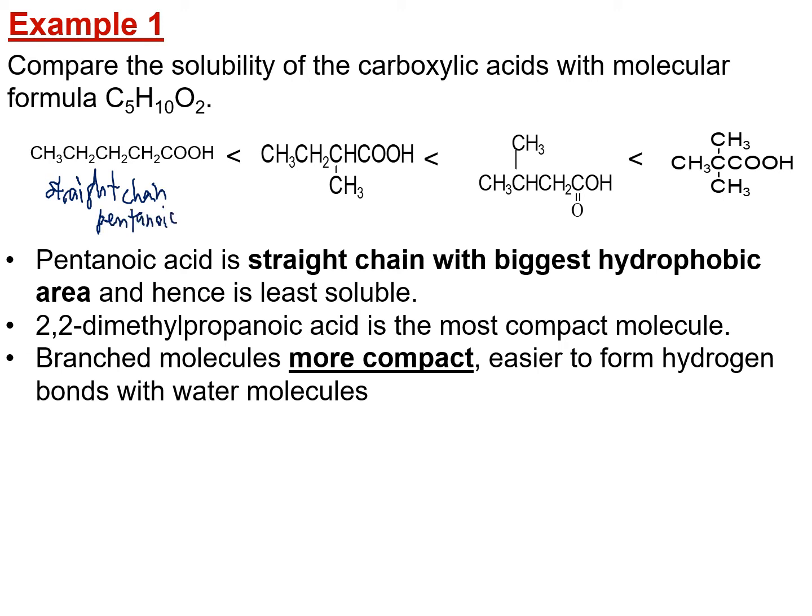Okay. Lepas tu look at the arrow. Dia punya mathematical expression ni. Straight chain pentanoic acid ni dia lagi kecil dia punya solubility compared to this kind of structure, and compared to this kind of structure, di mana kita lagi compactkan dia, kita lagi kecilkan dia punya bilangan carbon atom as the parents, and ada substituents yang banyak sikit lah. Okay, so basically this one, straight chain pentanoic acid ni, dia punya solubility lagi rendah.